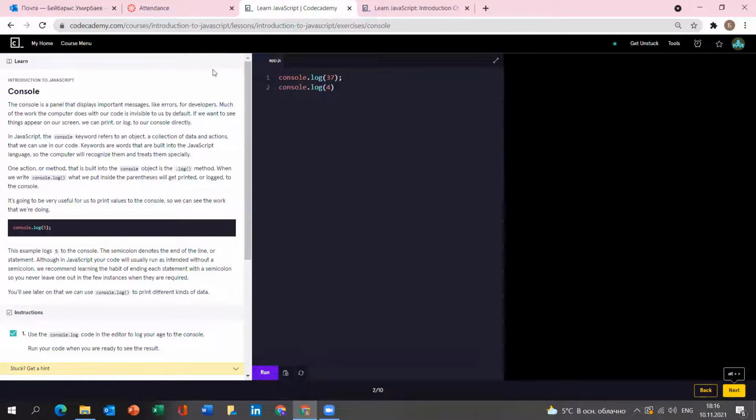So basically, we're going to start with the console, okay? Here you see the console, here you see the terminal, here you see your building application. The console in JavaScript refers to an object, a collection of data and actions. For example, we have log. It's a method. Console.log, when we write this, we basically print